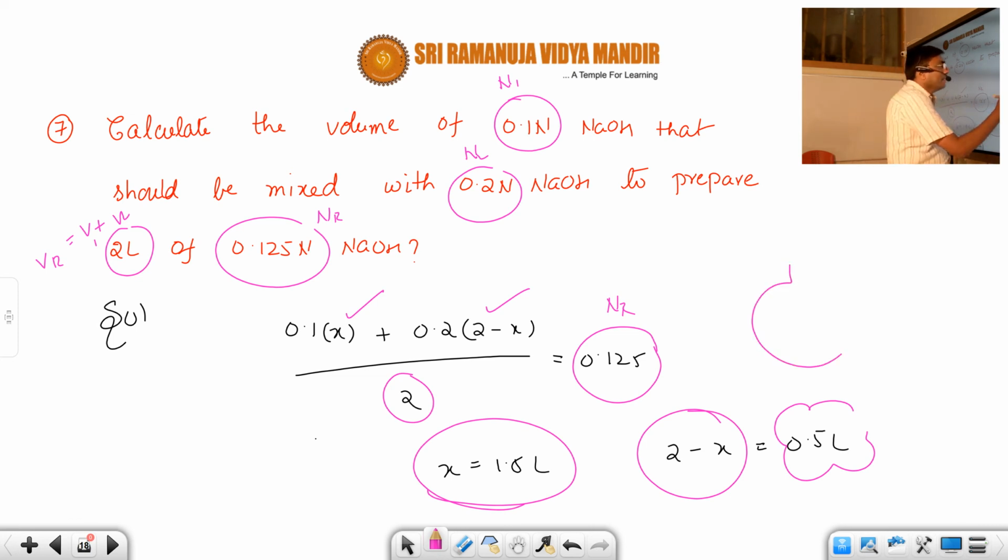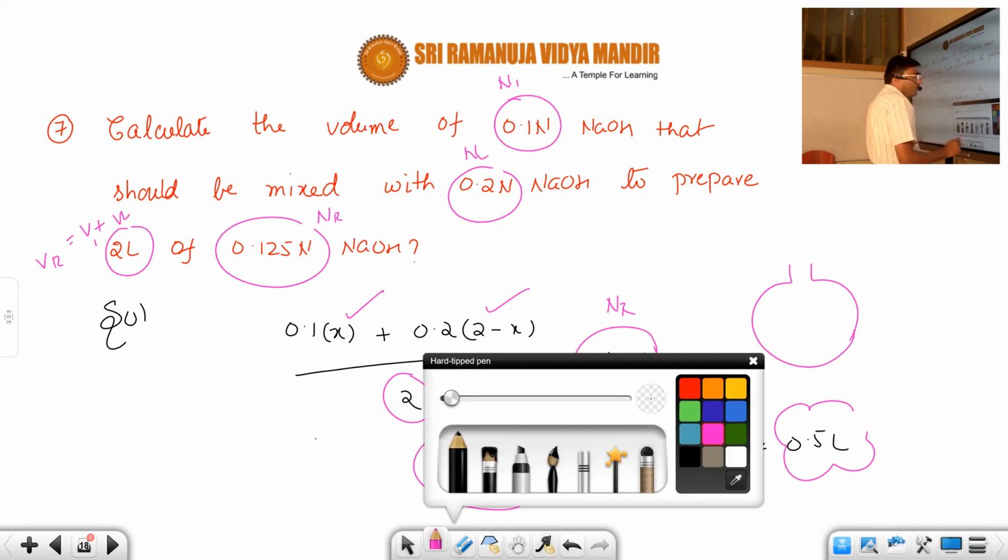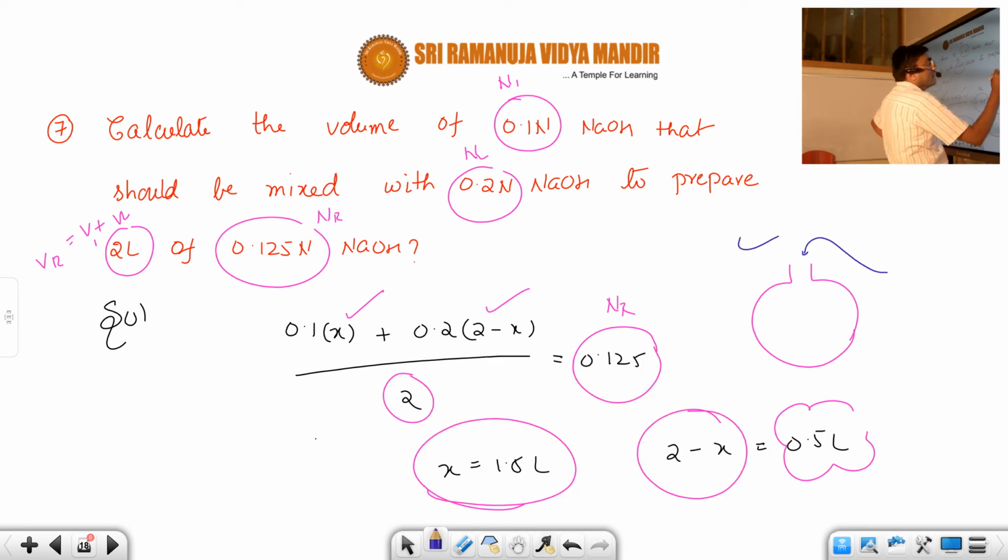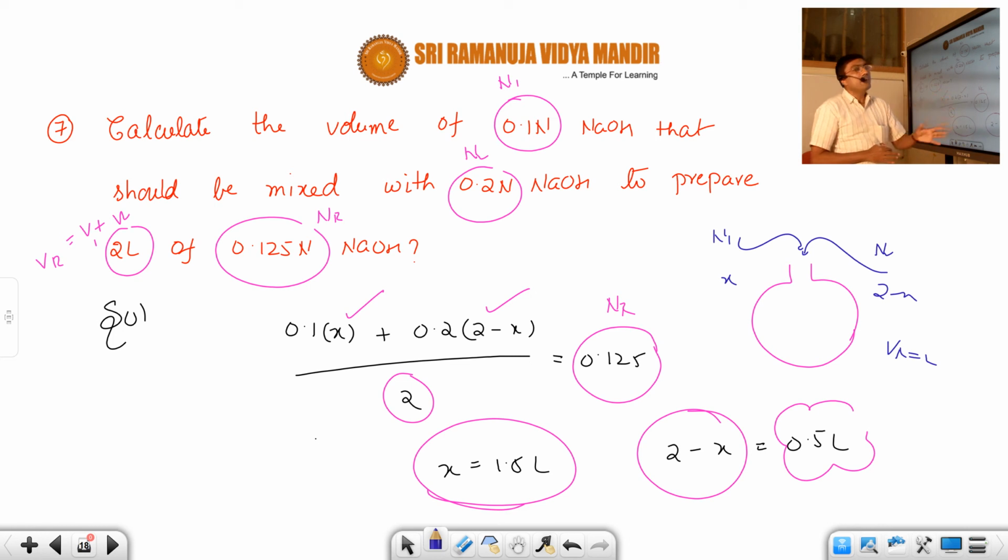You are mixing something, you should understand here. So you should know what volume should be mixed. But for example, you are mixing N1 something, N2 something, and you know the resultant volume VR. But what volume to mix, you don't know each. That's pretty important. So if you take one as x, the other will be 2 minus x, or whatever is given. The resultant is 2. I hope you understood. So try to contemplate how the question is framed, formulated, designed, or presented, so that you can unfold it.